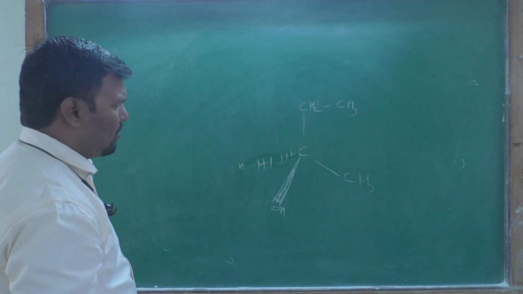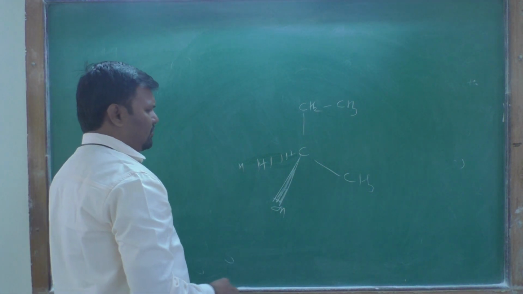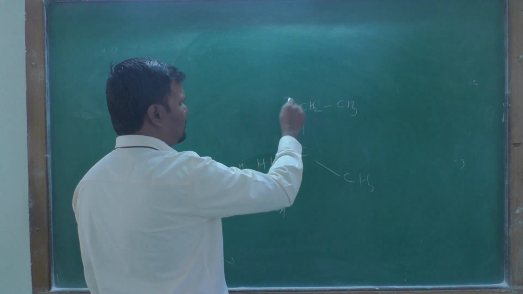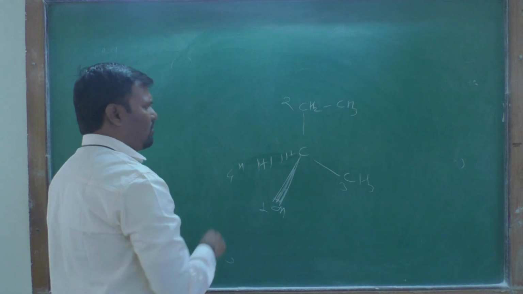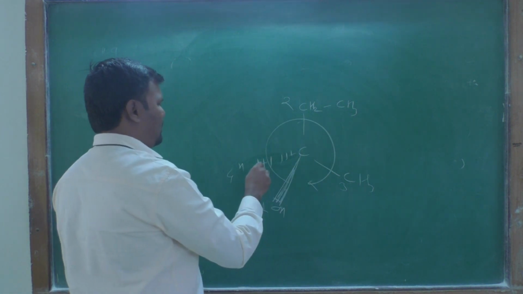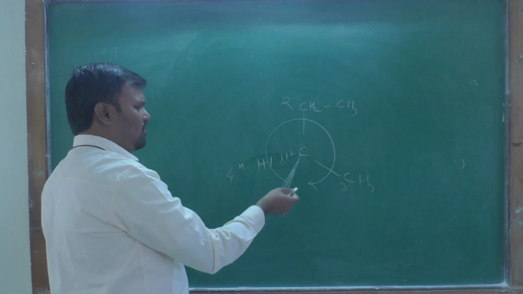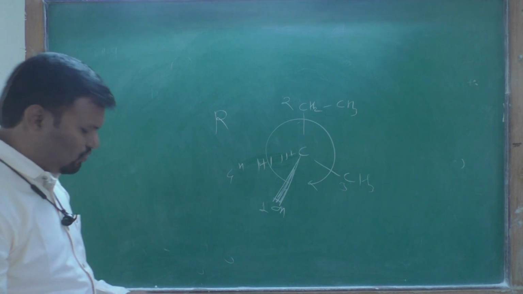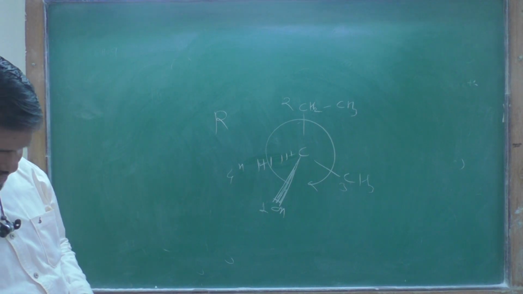Wedge. Okay, then obviously oxygen has the first priority. This group is bigger than the second, third, and fourth. Therefore you can rotate 1, 2, 3. Hydrogen, the fourth group, is away from the observer. Therefore, with clockwise rotation, your configuration should be R. Okay, like that way you can